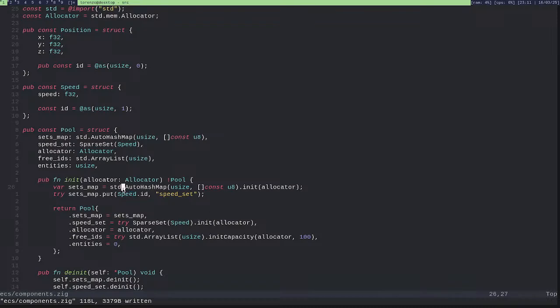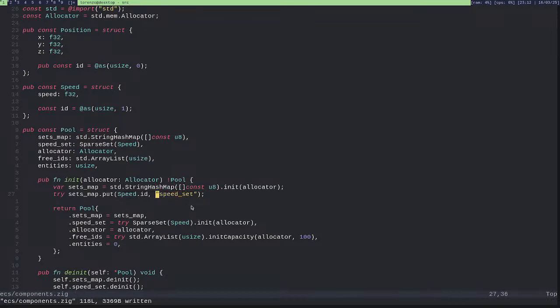Also, I don't need this because I can just create a string hash map which contains, no, okay. I need this. Or do I? No, I don't. I can just use a string hash map with a string hash map.